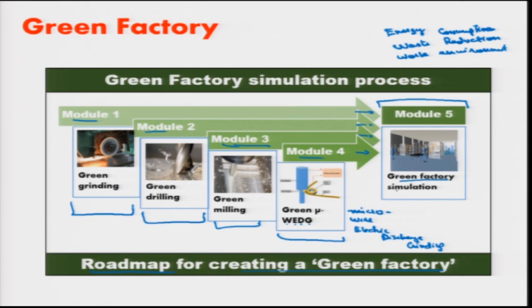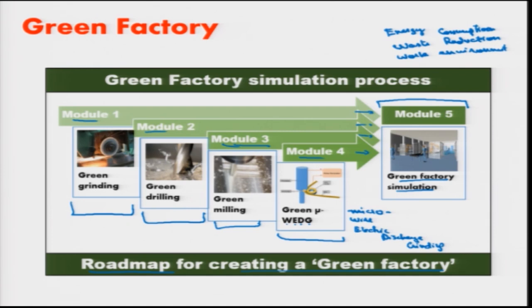facility is developed here in green factory simulation. This flow shop facility is modeled using optimized green unit manufacturing processes, and production was simulated to realize target throughput while minimizing the environmental impacts and controlling the costs. So, this is the criteria that is picked in the research that is conducted in IIT Kanpur.